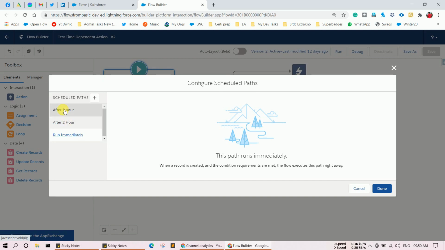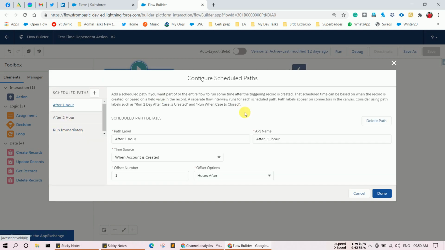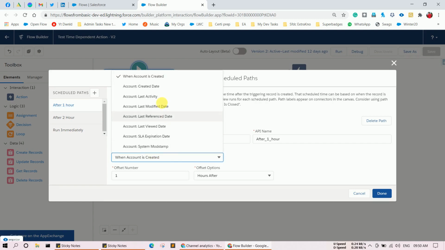Let me click on after 1 hour. Here you can see after 1 hour is the path label which I provided, and here I chose when an account is created. There are a lot of conditions like account created date. Suppose you are going to fire an action after 7 days of your account creation, so you can use account created date there.